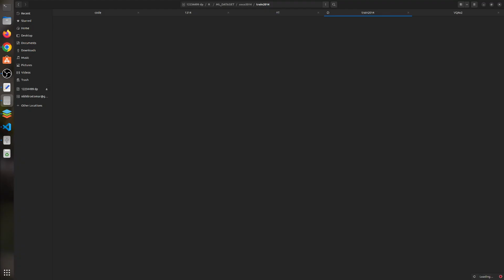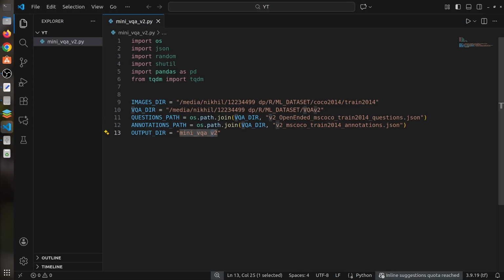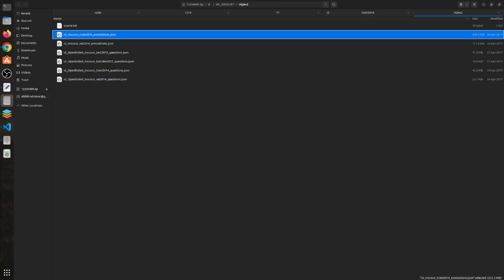And if it is able to load those images, I can show you a few samples. So let's move on to the code. We can see a few samples later. Then we have another directory which points to the VQA version 2 dataset. In the meantime, let's see that. So here's our VQA version 2 dataset and all its annotation files. And we only need 2 files here. First is this